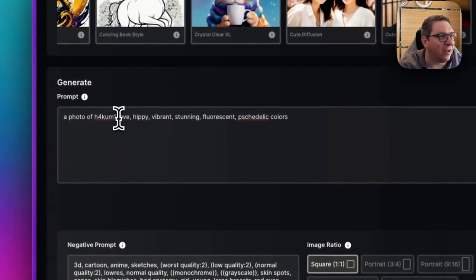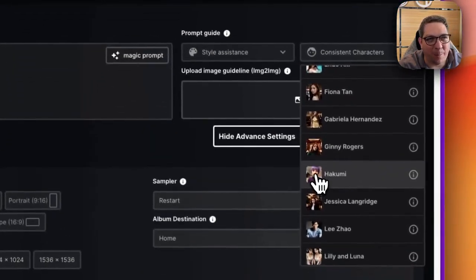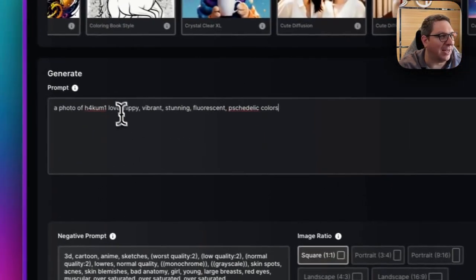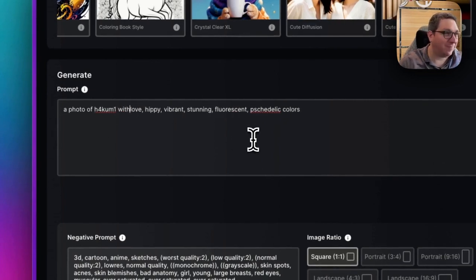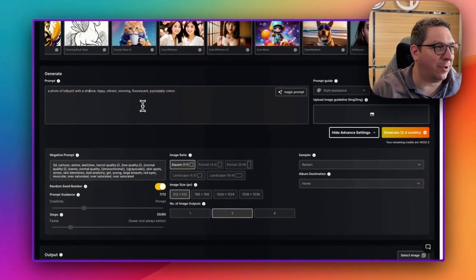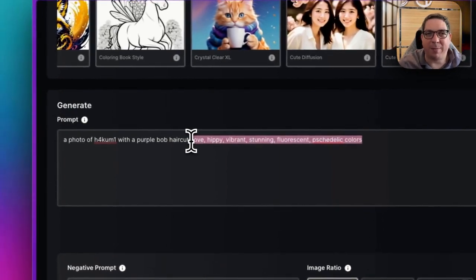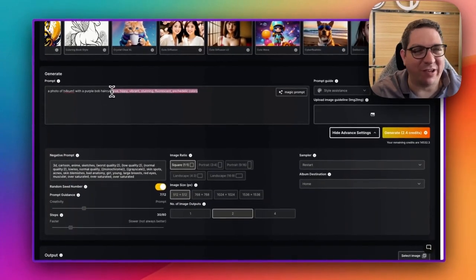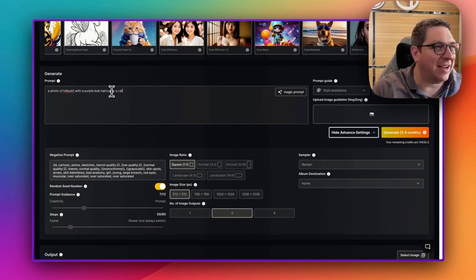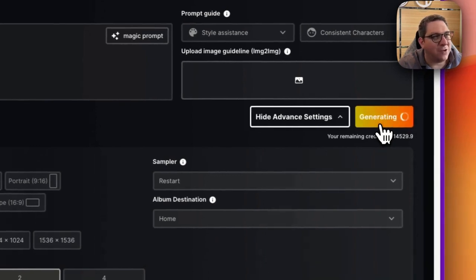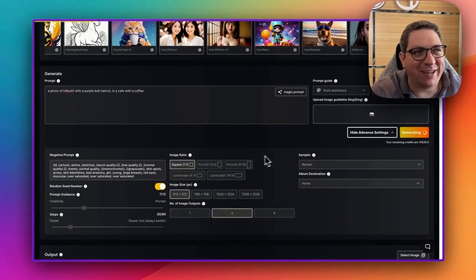So I could say, you know, the example that we have here is like a purple bob, right? So it's purple short hair. So I could say with a purple bob haircut. And then I'm just going to change this because a lot of people are asking how can I make these characters in different settings. So I could say in a cafe drinking a coffee. And I could say generate on this, and I will do this Epic Realism,